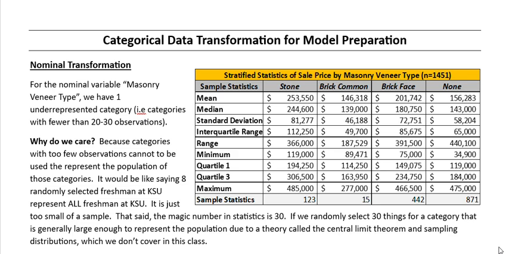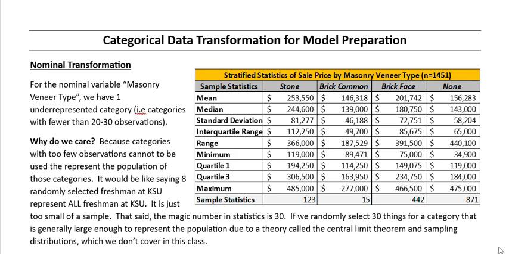That said, the magic number in statistics is 30. If we randomly select 30 things for a category, that is generally large enough to represent the population due to a theory called the central limit theorem and an idea of sampling distributions. That's not something we cover in this class. If you took Stat 1401, you probably did touch on this a little bit. But ultimately, if we continue to take multiple samples from a population that have at least 30 observations, then the sampling distribution